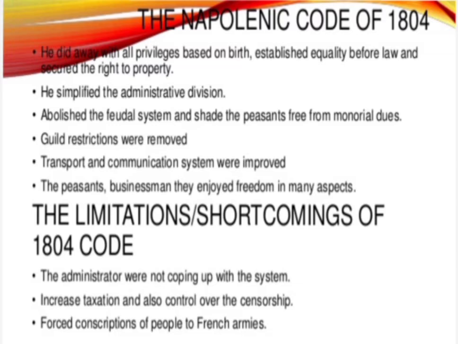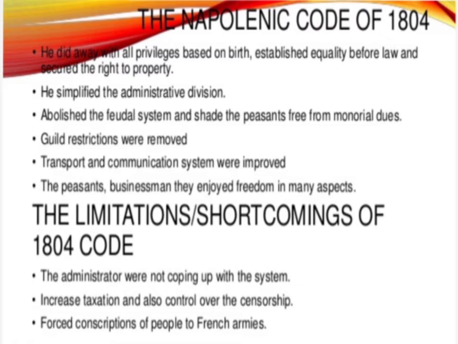However, in the areas conquered, the reactions of the local populations to French rule were mixed. Initially, in many places such as Holland or Switzerland, as well as in certain cities like Brussels, French armies were welcomed as harbingers of liberty. That means symbols or a signal of liberty. But this initial enthusiasm soon turned into hostility. Why? Let us see why it is so.